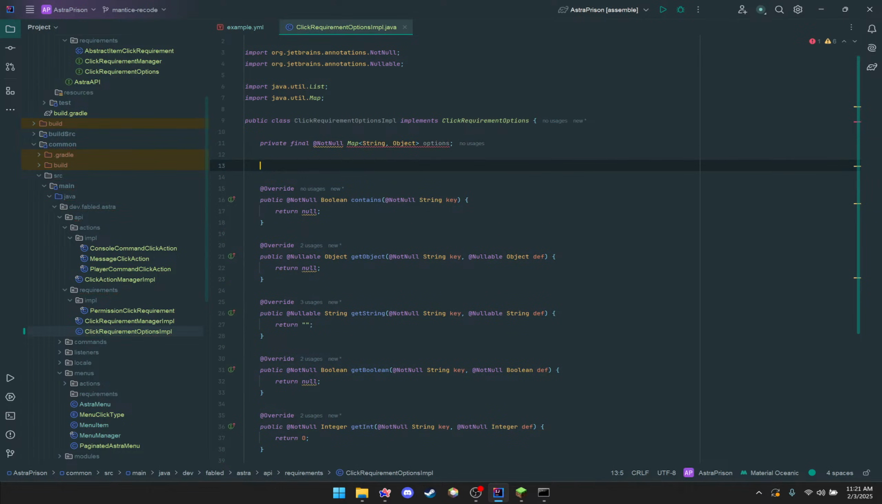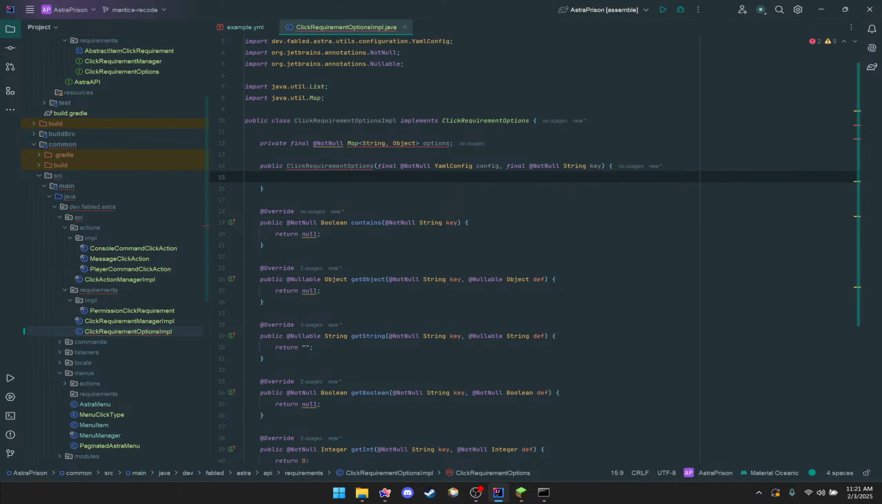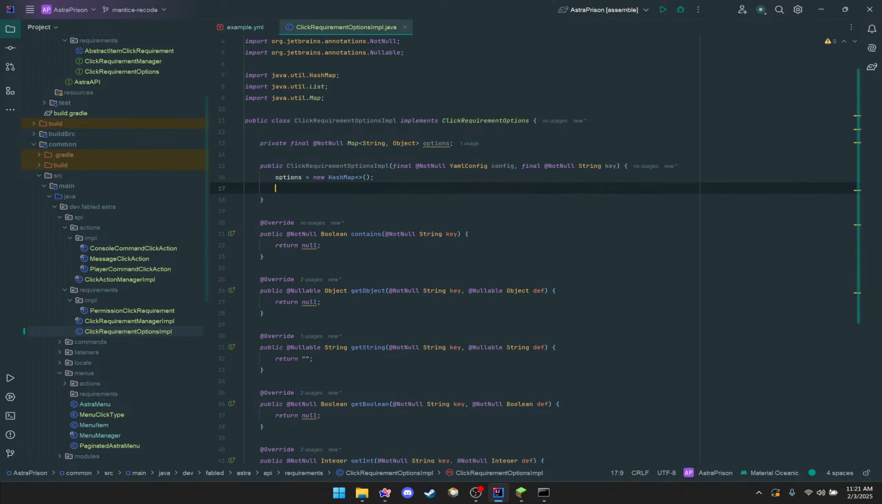Let's say options, and then click requirement options, string key, not null string, YAML config, sorry, config, and then key. Okay. Options, new hash map, just like that. Okay, so how do we determine what options it has? I think what we'll do is say the key will be the specific requirement. So like,